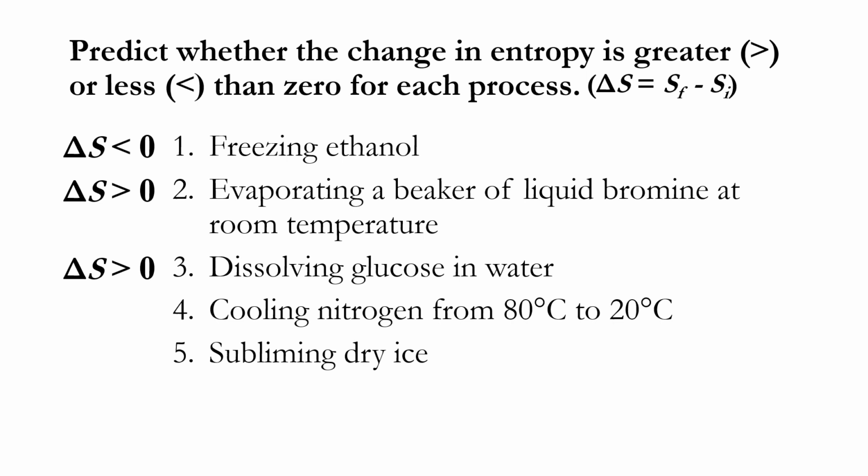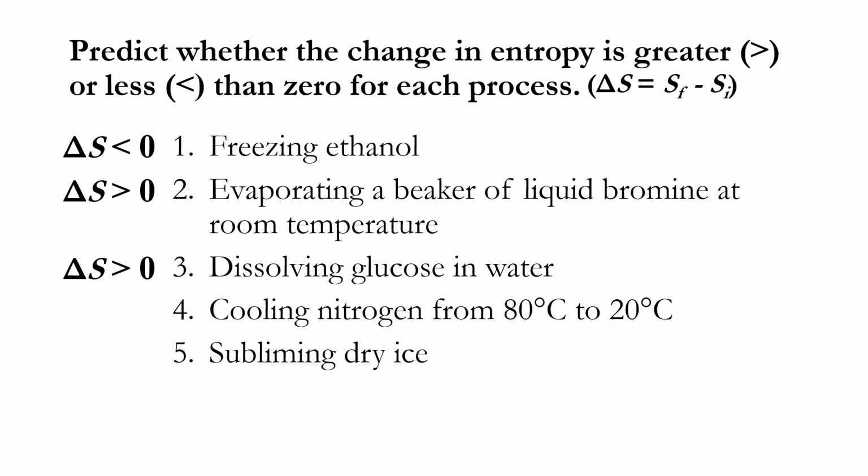Number four, cooling nitrogen from 80 to 20. So the initial state is 80. It is higher than the final 20. Final 20 minus initial 80, you will get a negative value of temperature change. So that negative value of temperature means